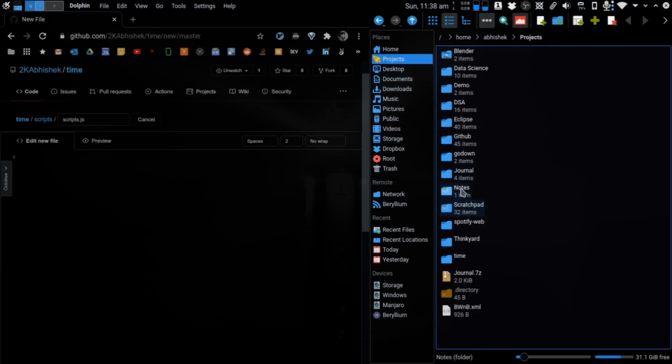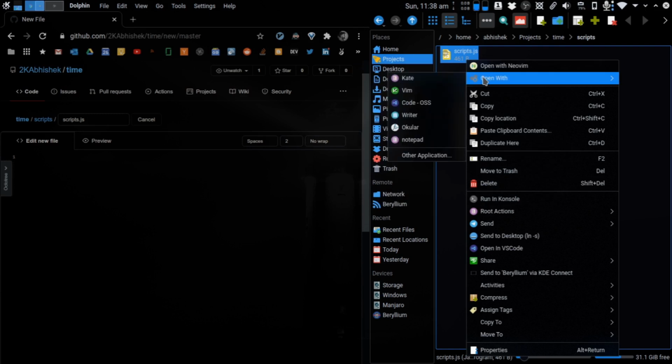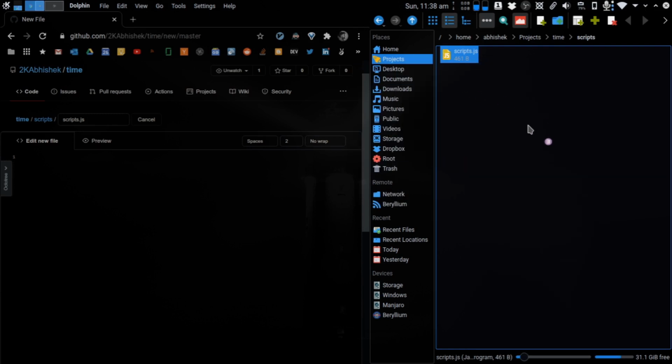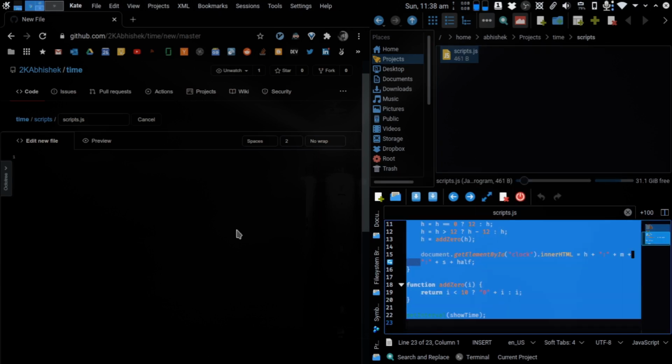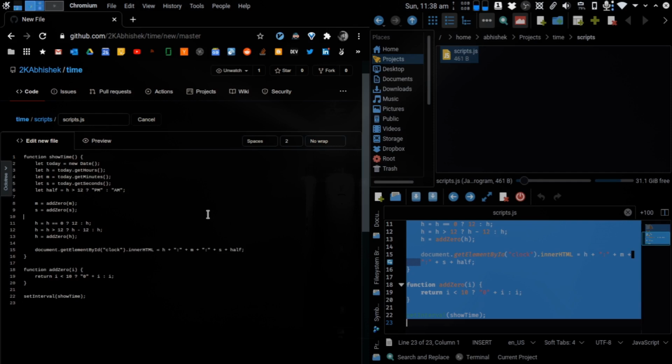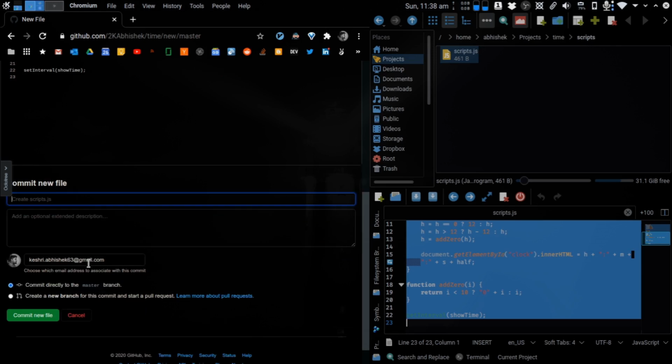Projects, and here it is, the time folder. Let's open it up with any editor of your choice, and just copy the source code and paste it over here. Then in the message we'll say, create scripts.js. We'll hit commit new file.